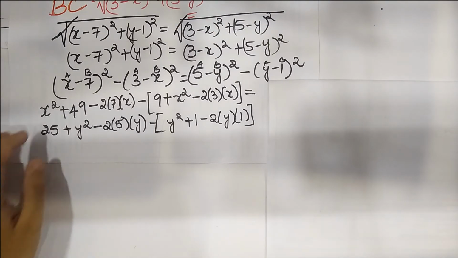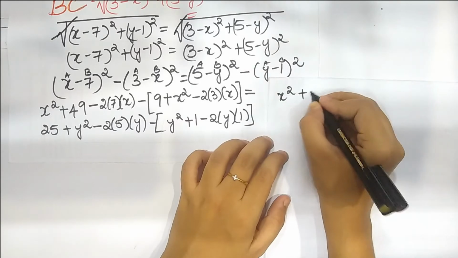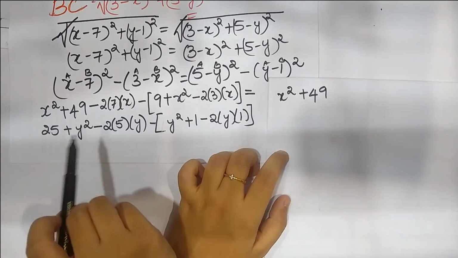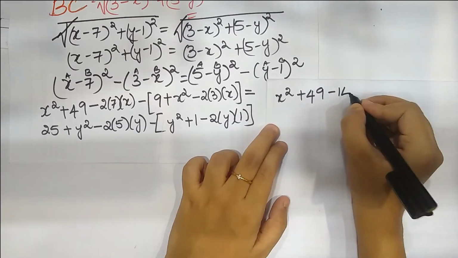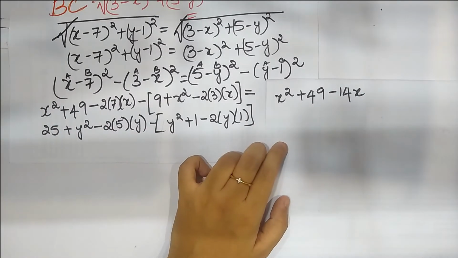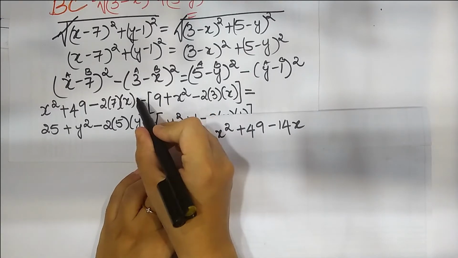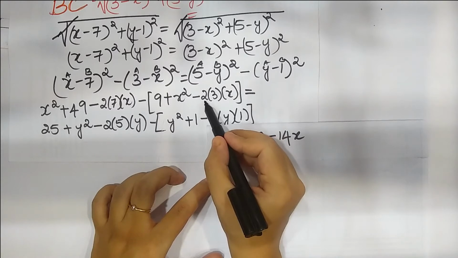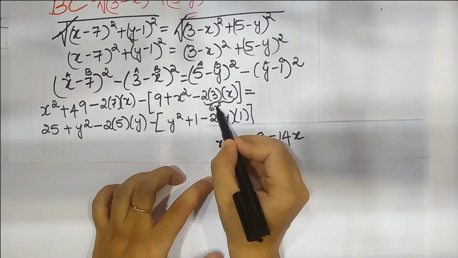So what you can do here is x square plus 49 remains the same minus 2, and in bracket we have 7. So it will be 2 into 7. What is 2 into 7? It will be 14. And x, you cannot multiply x with this thing, so it will just remain there. 14 into x. Then we have the minus of. So this minus will be placed before all of the numbers. But just remember, in this case here, it will be 2 into 3 into x. So this is totally equal to 2 into 3 is 6. So this totally becomes 6x.